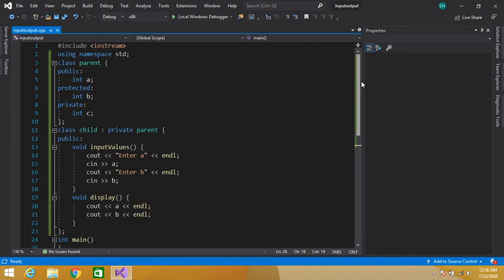In protected inheritance, all the public data members of the parent class become protected data members of the child class, all the protected data members of the parent class become protected data members of the child class, and all the private data members of the parent class become private data members of the child class. And in private inheritance, all the public, protected and private data members of the parent class become private data members of the child class.